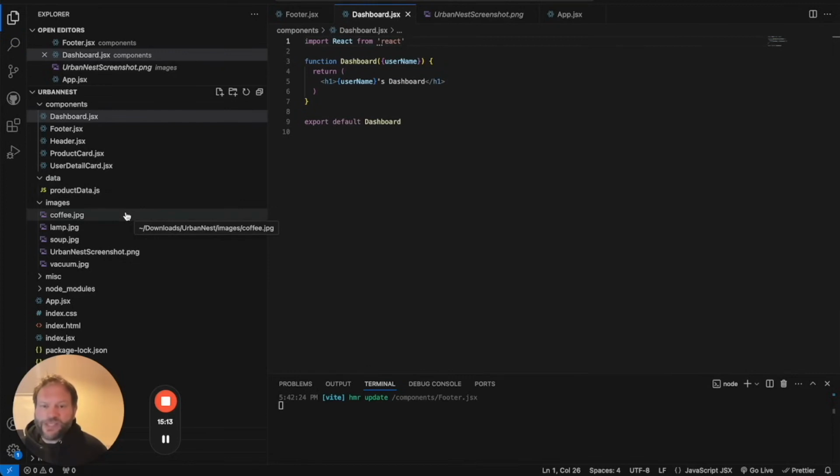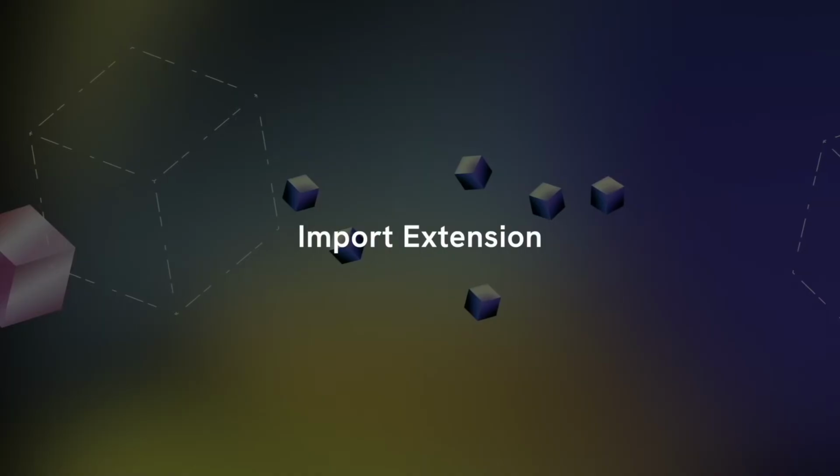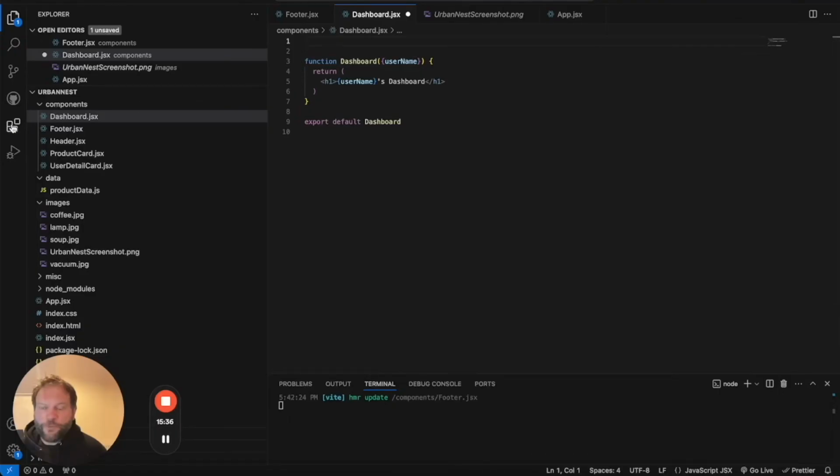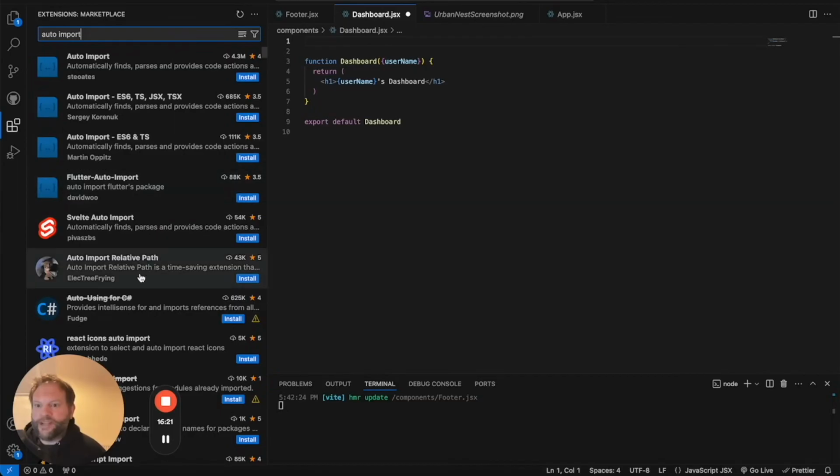So we're going to use a really useful VS Code extension, which is going to help us with importing. Now, the snippet that we used before gives us this import statement that we don't actually need. So let's delete that. And now let's investigate an extension which will help us with importing. And the extension I'm looking for is called auto import relative path.